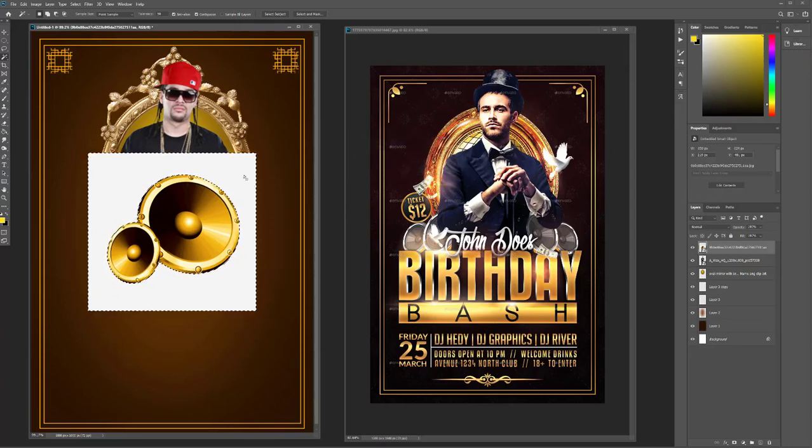Okay, you see what happened? When I used my magic wand and I tried to delete, this popped up: could not complete your request because the smart object is not directly editable. So let me explain to you what a smart object is. Photoshop automatically converts everything into smart objects when you import it now. They didn't used to do that. In the past, you had to make the layer a smart object. But now it automatically becomes a smart object